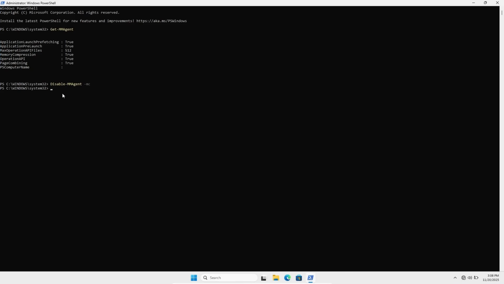Now let's verify if the memory compression has been disabled. Again, you can head to the first command and just copy and paste. We'll be using the Get-MMAgent command to verify. After copying and pasting, you just hit enter on your keyboard. Now you get to see memory compression has been disabled. That is false. This one tweak alone gives many people 5 to 20 extra FPS and lower RAM usage, especially